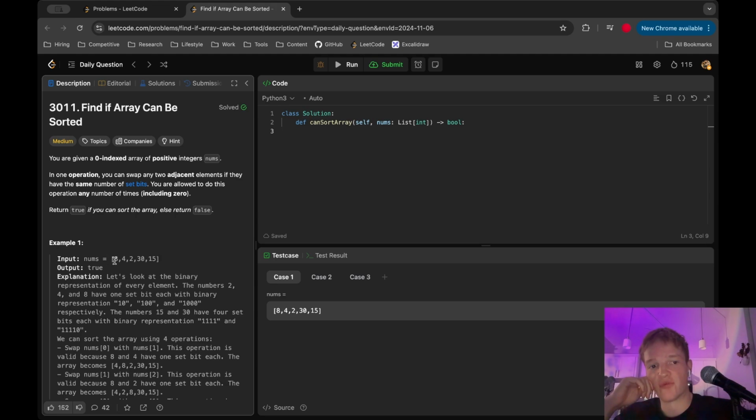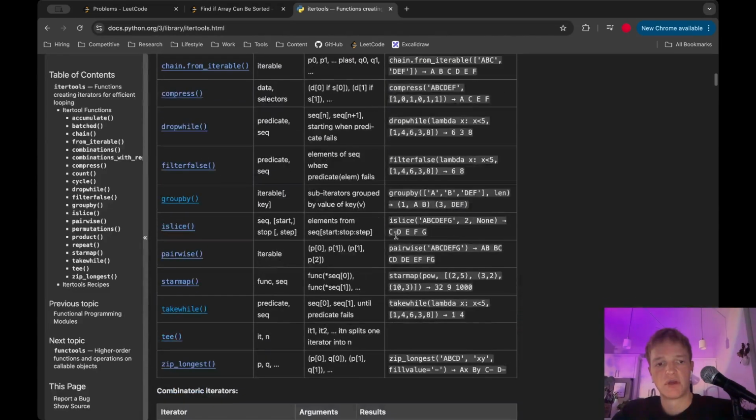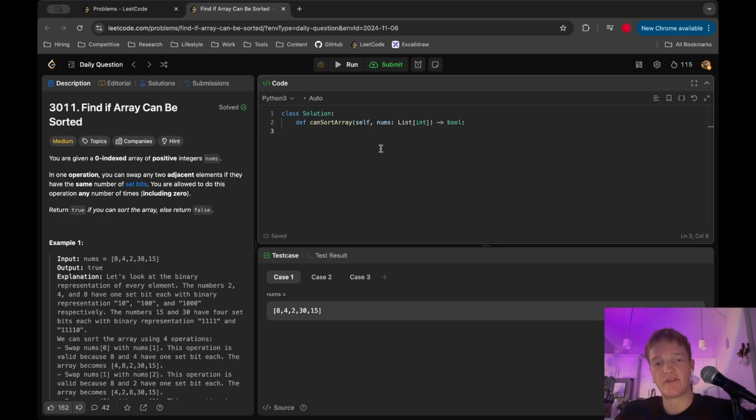Like for example, group by 8, 4, and 2. I wonder if group by has like a custom key function. It does. Let's start with x equal. I'll name this GB. GB equals group by nums, and I'm just going to call this A for array. Key equals bit count. That should work. Now GB equals, let's just get the actual elements. List map, item getter 1, GB. And now if we print GB,